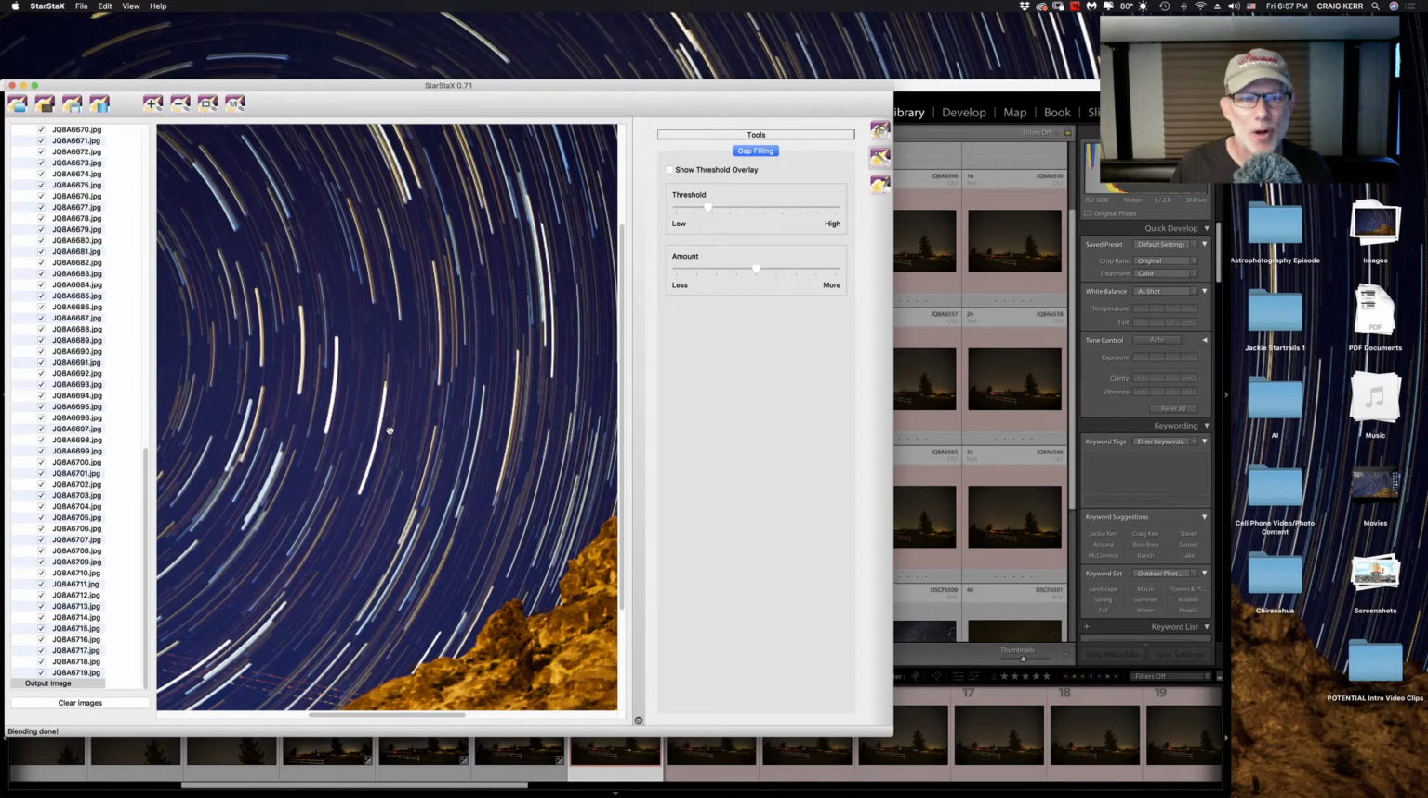I won't go through all of them now, but it's a great way to do it. It's the smart way to do it, this way. So I've done nothing. These images are straight out of the camera, no processing. And if there were gaps, I could, using this gap filling tool, I could